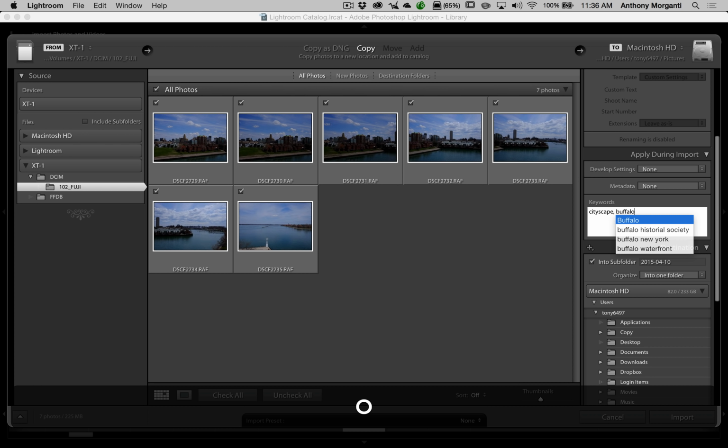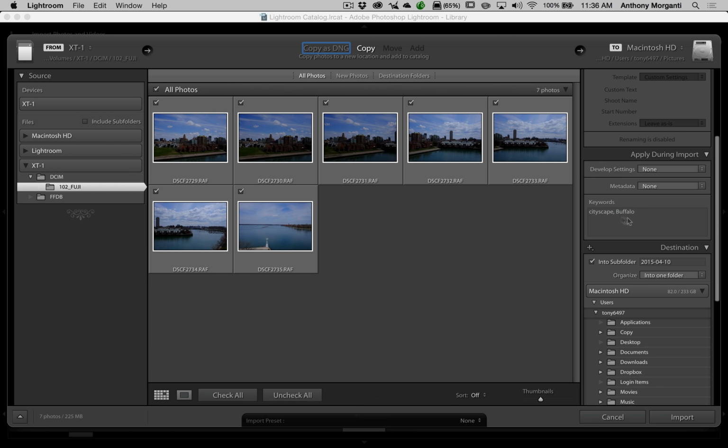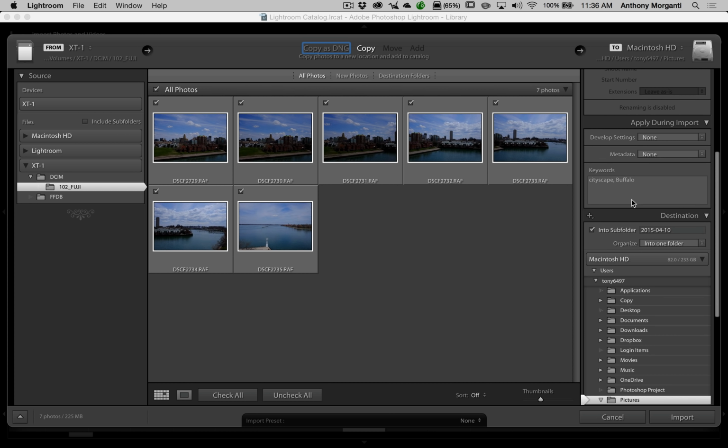This happens to be Buffalo. Now I'm just going to do the 2 right now just for the sake of time. It is recommended that in most instances you put around 6 or more keywords in there, and this will help you later if you're trying to find an image. You could search by keyword and you could find the image. So